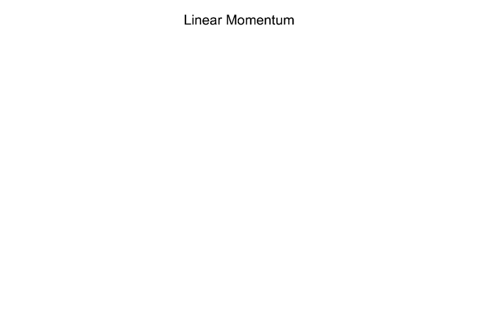Linear momentum. Linear momentum, or translational momentum, or P, is equal to the mass of an object in kilograms